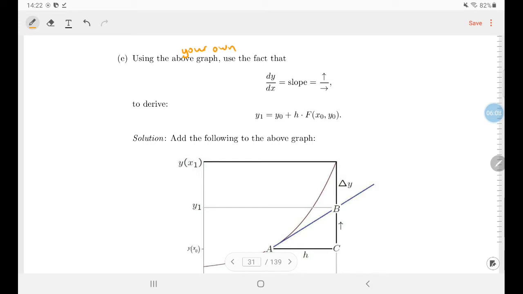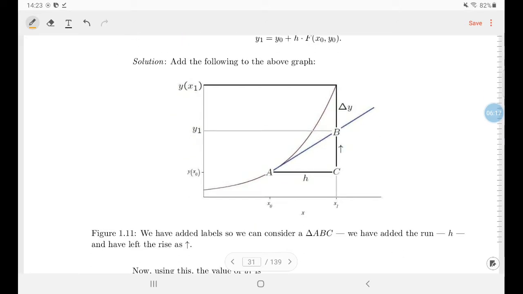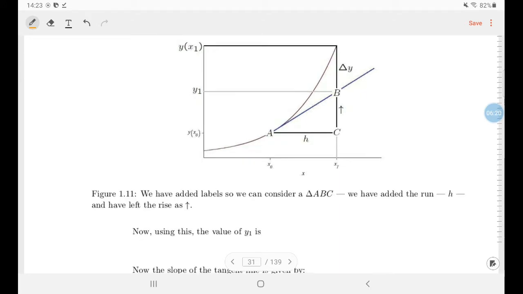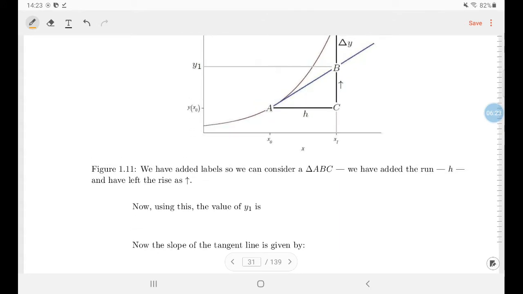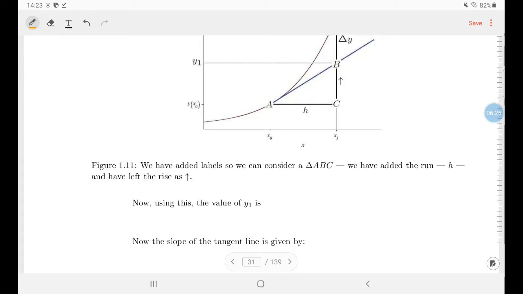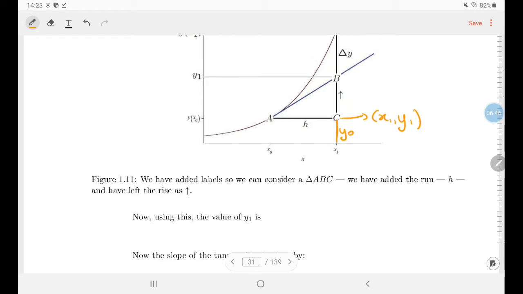Use the fact that dy/dx, which is the slope, is the rise over the run, to derive this. So this is the formula we just had, but done in a different way. So if we do this, we should get it. What I'm saying is that y1 is equal to y0 plus, I'm just going to call this up arrow. The length of this is y0, because the coordinate here is x1, y1. That should be okay. And if you want to find y1, which is the y coordinate of this point B,